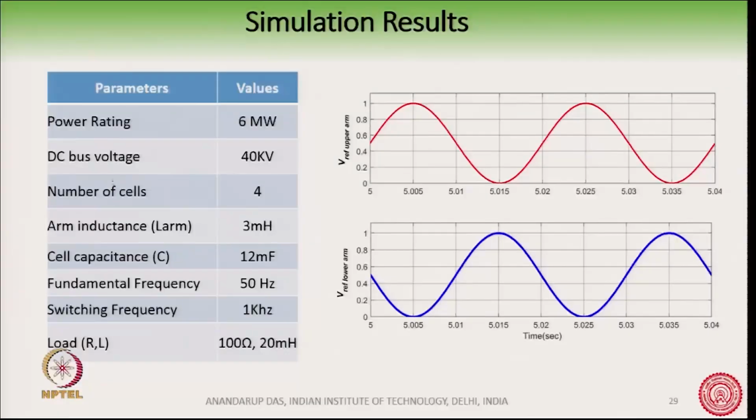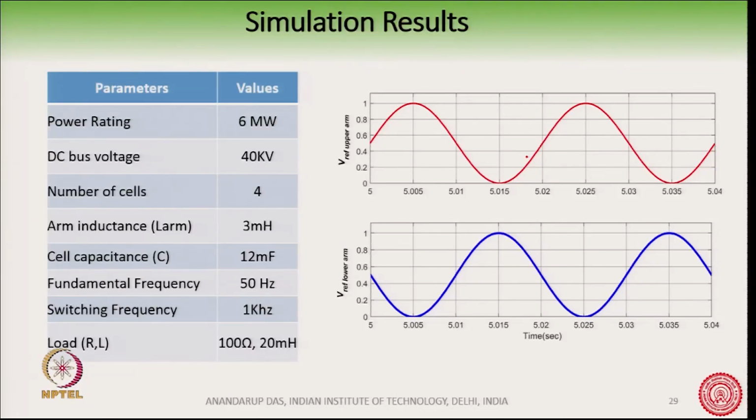So, there are certain parameters which have been chosen. This is the upper arm reference and this is the lower arm reference, VU star and VL star. You can see that both these references are between 0 and 1. So, there is a DC shift, but the AC are 180 degrees opposite. As I told, E by 2 into 1 minus m sin omega t, and